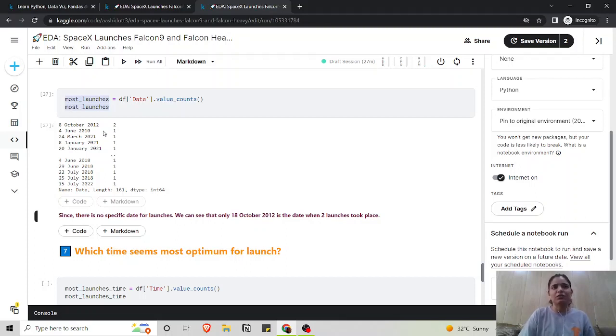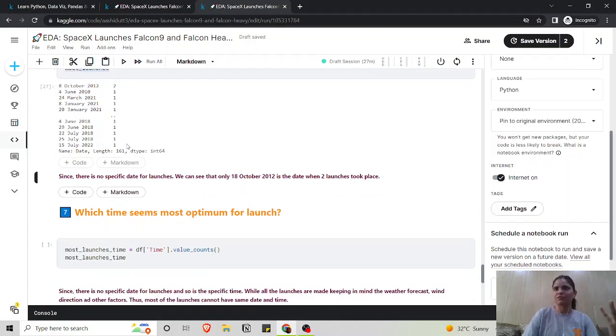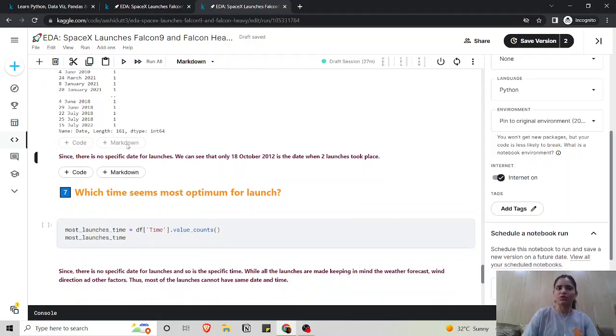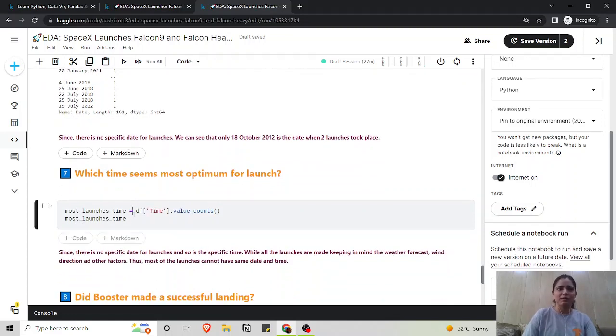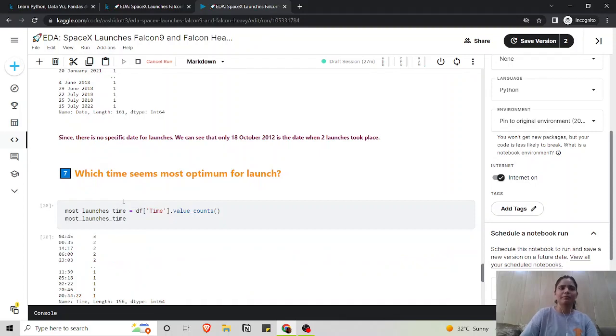So like on October 8, 2 times the launch took place, and 1 time on 4th June, 1 time on 8th January, 1 time on 20th January. So we just look at it and we find that there is really no comparison. There is no particular date that they would set for the launch. Same thing with time.